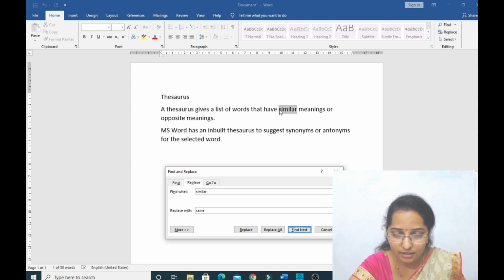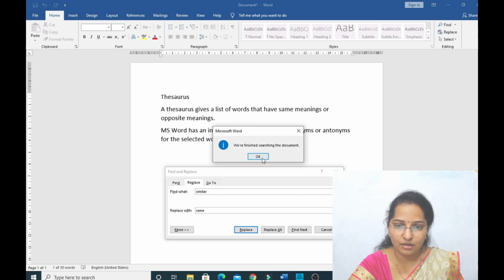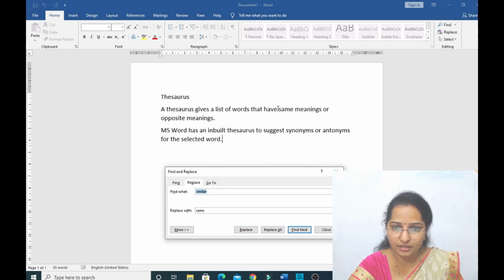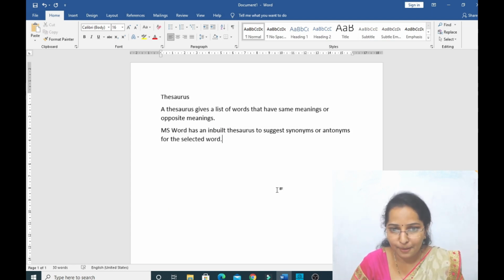Can you observe this here? Something that has been selected with black colored highlight. Okay. We got this word. Now I want to replace this word with same. Please observe this here. Replace all or else click on replace. Okay, changed here. Observe. This is the way to replace the text in MS Word.